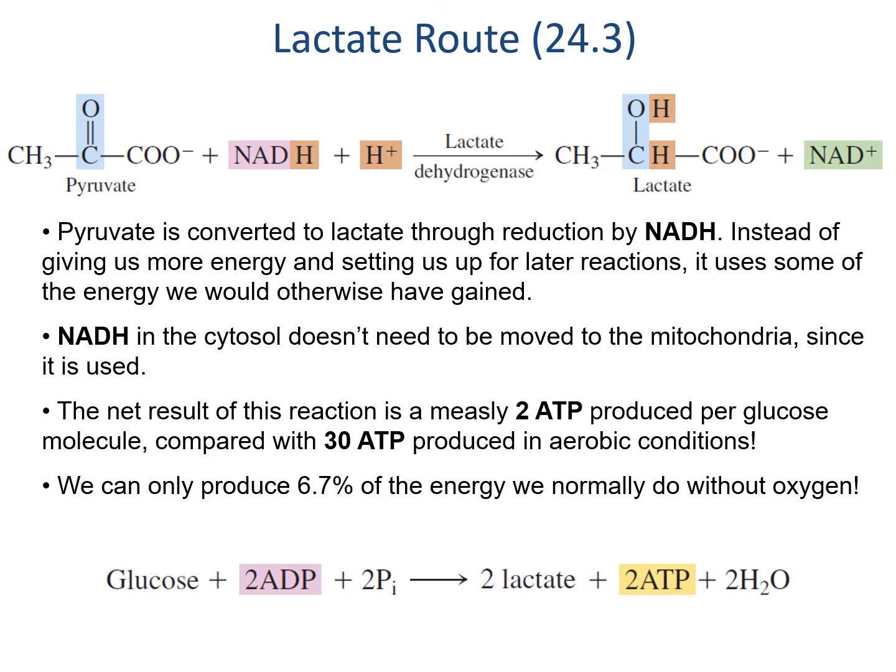In contrast to the 30 ATP we get from oxidative pathways, the anaerobic pathways that humans use, reducing pyruvate to lactate, produce much less energy. The NADH we would have gotten energy from in glycolysis needs to be oxidized by the pyruvate instead, which eliminates any energy gain from the NADH and any energy gain from the pyruvate. We're left with only the ATP produced directly from glucose, a measly 2 ATP. Anaerobic conditions are much worse at giving us energy.